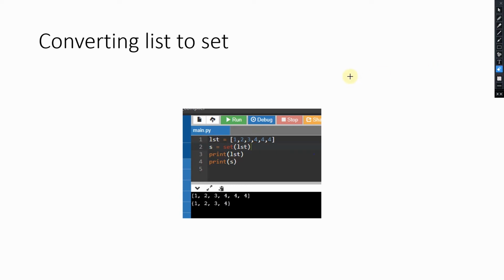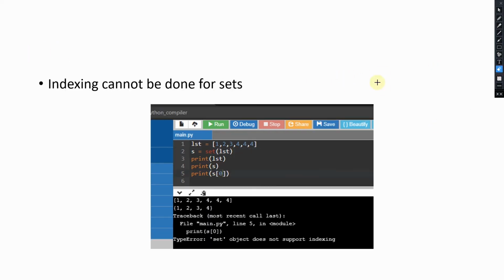Now, because set does not maintain the order, we cannot use indexing. For this example, I'm having lst of list data type, and I'm storing 1, 2, 3 and 4, 4, 4, 4, and s is a variable which is converting this list to set data type.